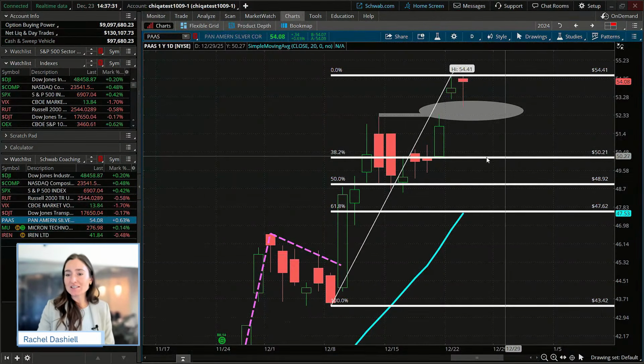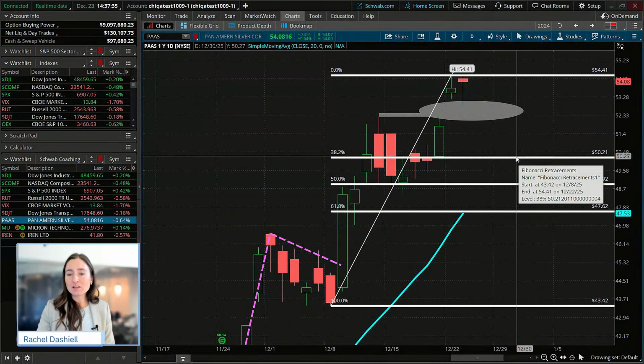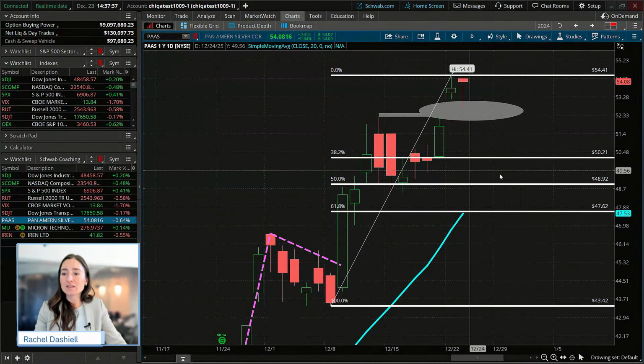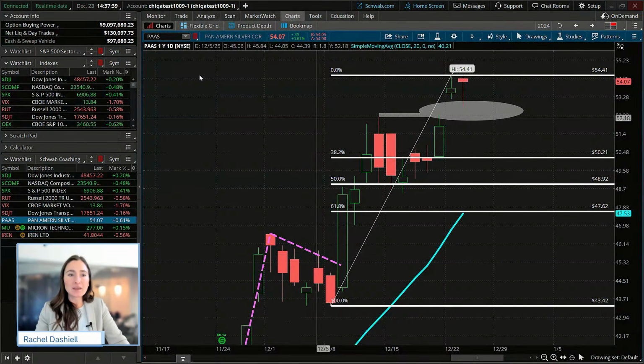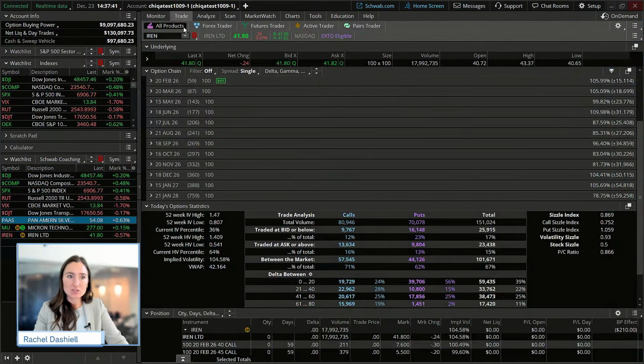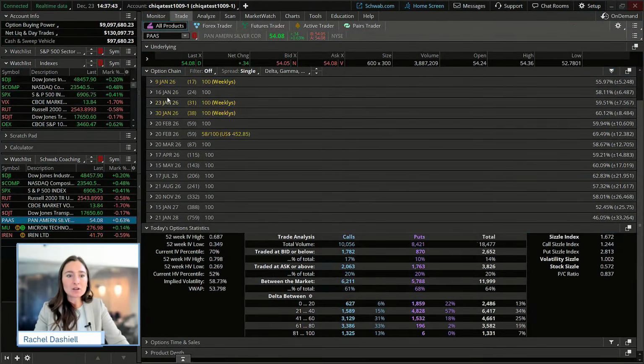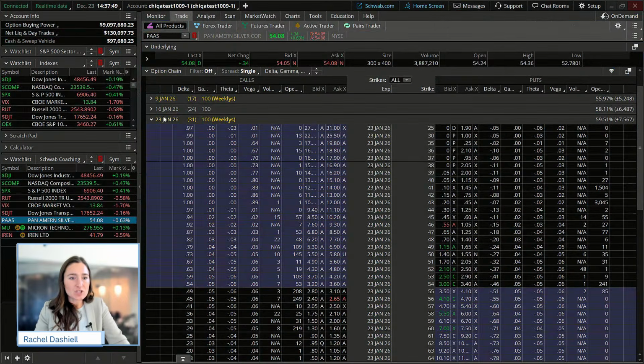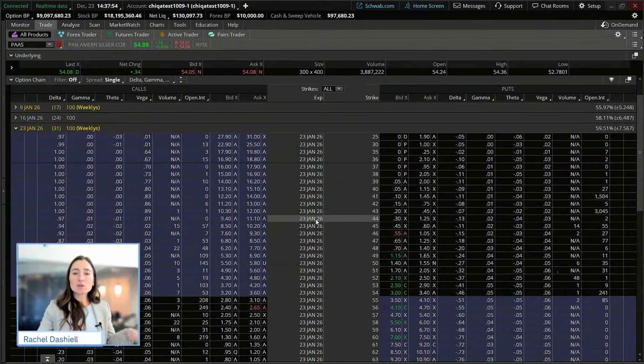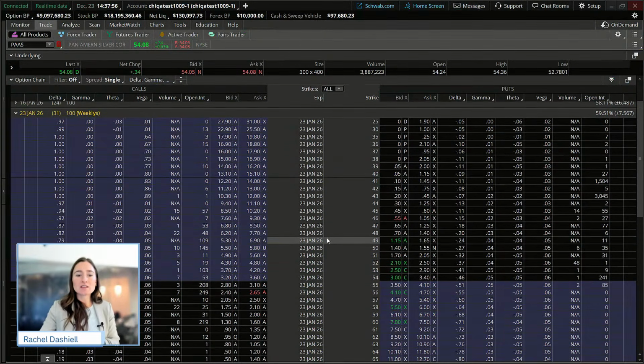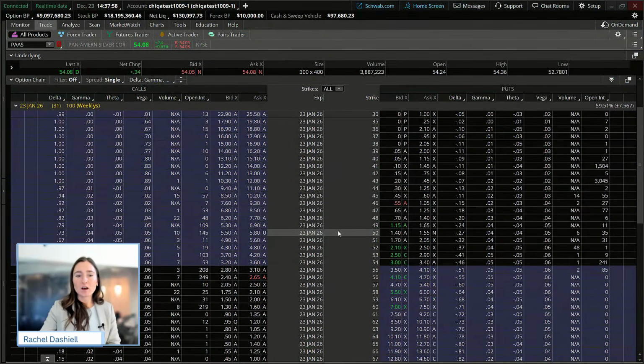Today we're going to just look at selling a put at that near term support, because that may be a level where if it holds, we're going to enter into that trade. We may want to get paid to do that as well. So I'm going to look at the trade tab in this case. Let's look at the 23rd of January. It's about 30 days till expiration. That's kind of where we see that time decay tend to kick into high gear with options.